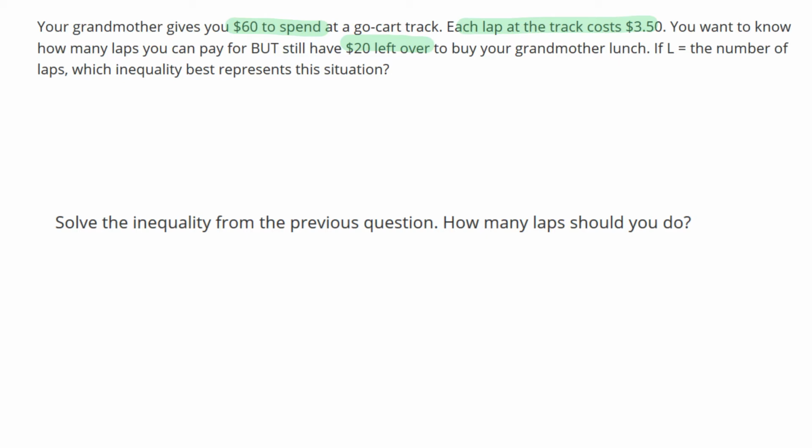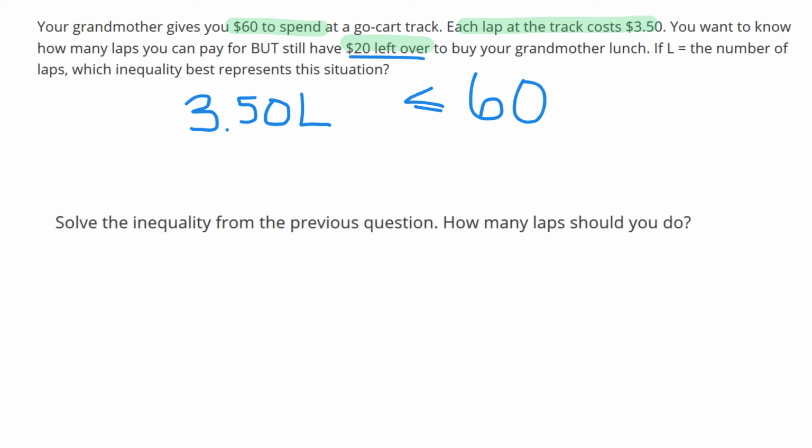Okay. Well, because each lap costs $3.50, we're going to take $3.50 and multiply it by our variable L, because that's the number of laps. So like if we did 10 laps, we would do 3.50 times 10 to see how much we're spending on it, right? Now, if we just said that would be $60 at the most, that doesn't make sense because we